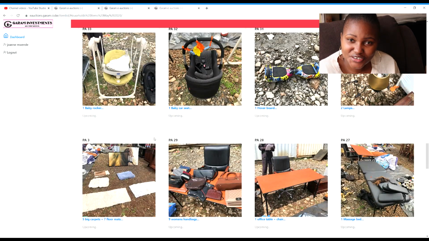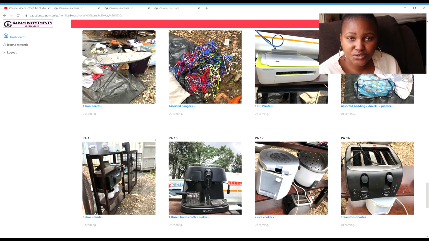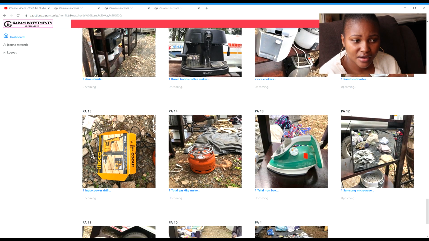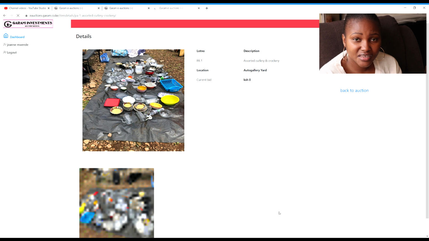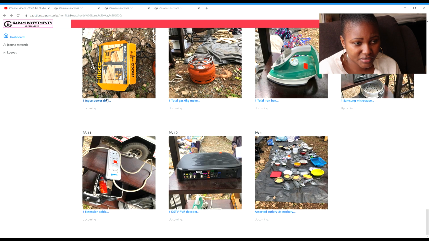After creating your account, you'll have to purchase your bid number. Since everything is being done online, there's an M-Pesa pay bill number that they will have put, where you're going to send the 10,000 shillings for the bid number. But worry not, after the auction is done, they will refund you the 10,000 shillings within 48 hours. After you've deposited the 10,000 shillings in the M-Pesa account, now you're free to bid for the items